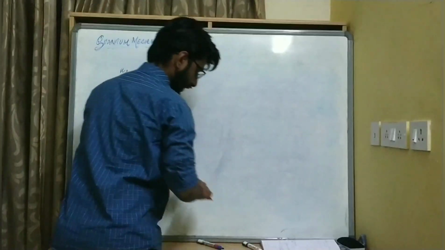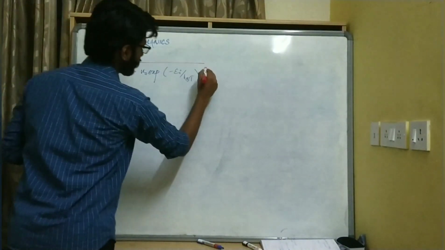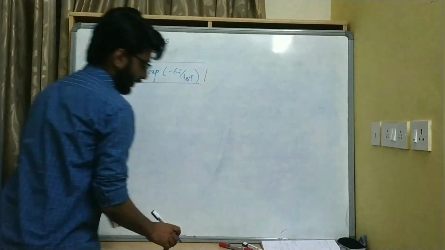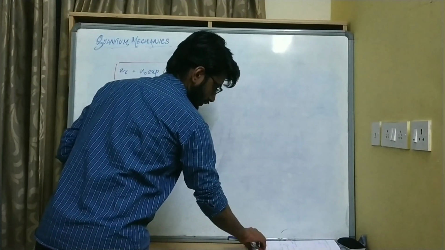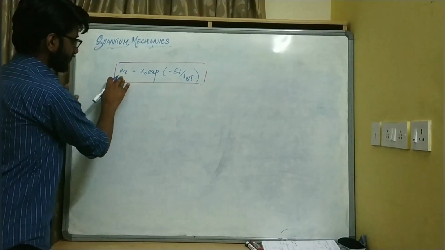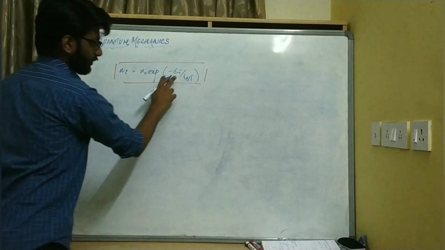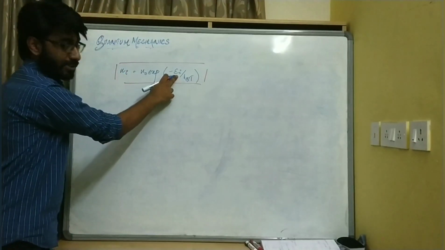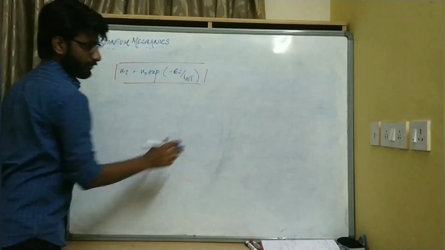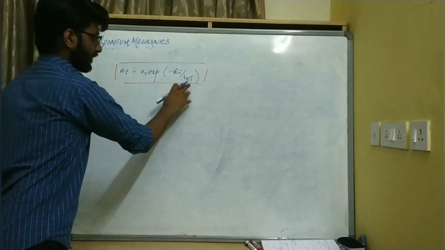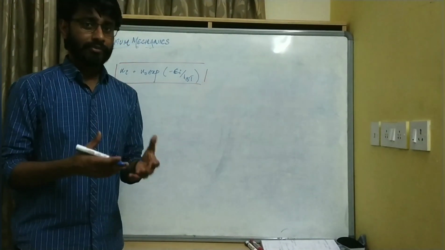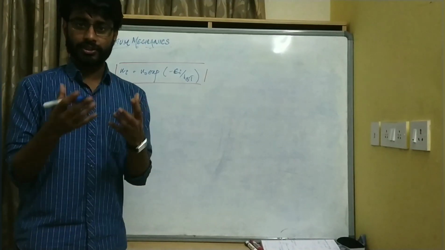This is something very important. You need to remember this, or know what it actually says. It gives the number of oscillators having energy epsilon i at temperature T. We are focusing on the term of average energy.